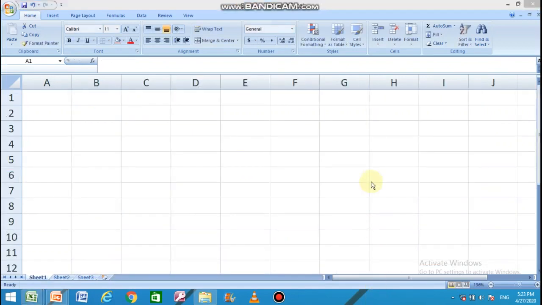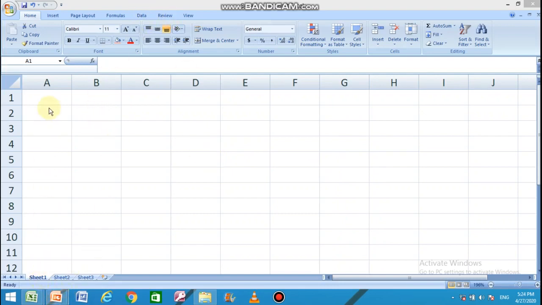Students, let us understand cell referencing across other sheets, meaning using data from different sheets for calculation. Let's see how it is done.